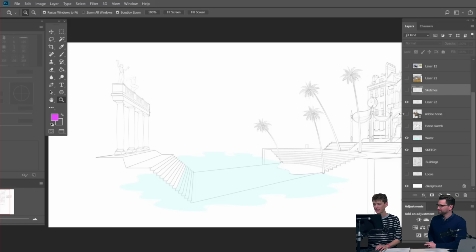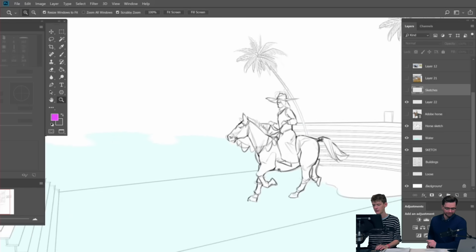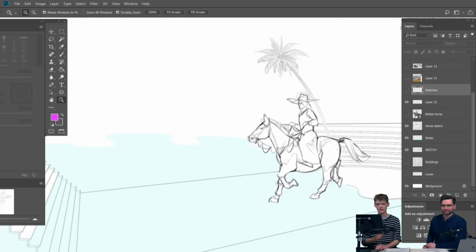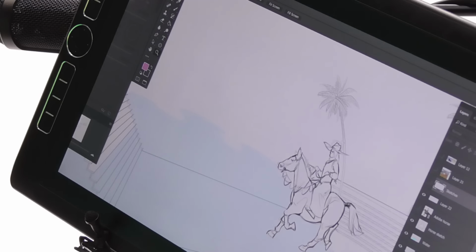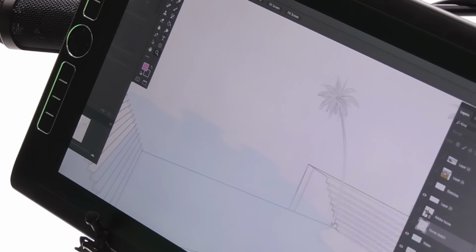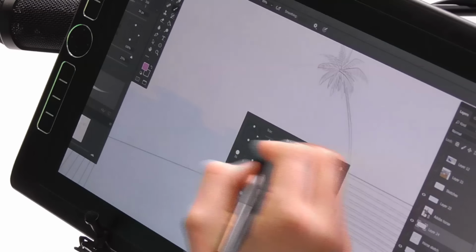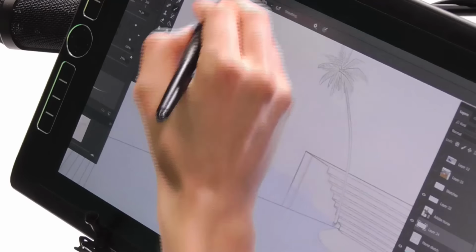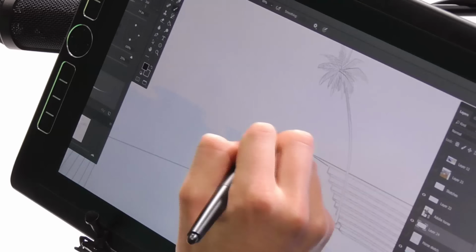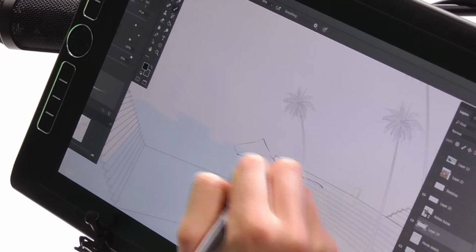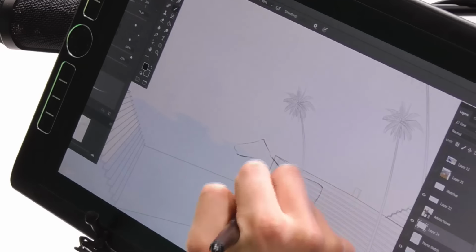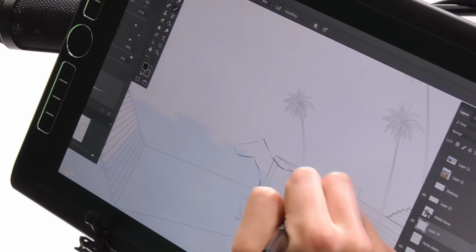All right, so we're going to start working on the first character. I think I'll just show you a little bit of my approach to sketching up a new character. I have a pre-existing sketch here that we'll have a little look at, but maybe we'll start something from scratch, just to get a sense of it. I wanted this character on a horse here. But if I'm starting from scratch, I'll just get my standard brush. I just use the most basic Photoshop brush, because when you're sketching like this, it doesn't really matter. So I'll get a sense of, I want a horse about yay big. I won't worry about reference or anything at this point, because I've got a general idea of what the horse will look like.